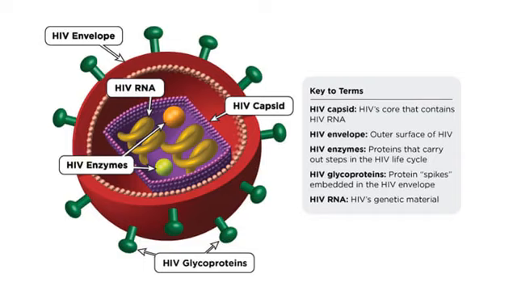So here's another image of that. You can see the HIV viral envelope, and at the bottom the glycoproteins. Then you can see the capsid, which is in purple, and also the HIV RNA. That's the spherical, curly-Q strand of nucleic acid.